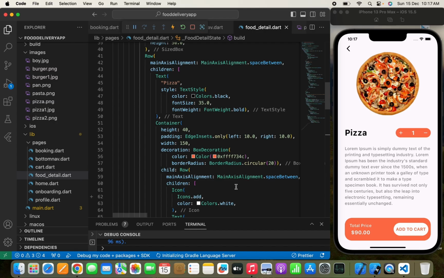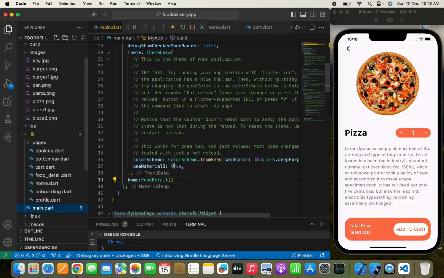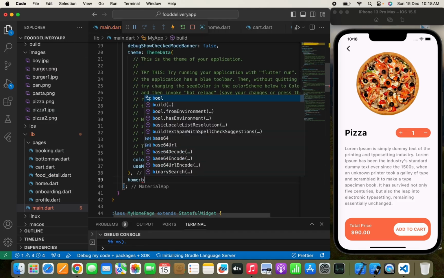Now this is how we can make a unique and attractive design for any app by using just simple widgets. As you can see, I have tried my best to make it easy for viewers who are learning Flutter for the first time. That's why I've tried my best to simply use widgets and make the app as beautiful as I can. So here, when you move to the bottom nav, you can see